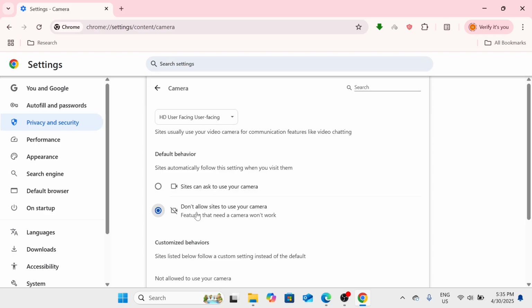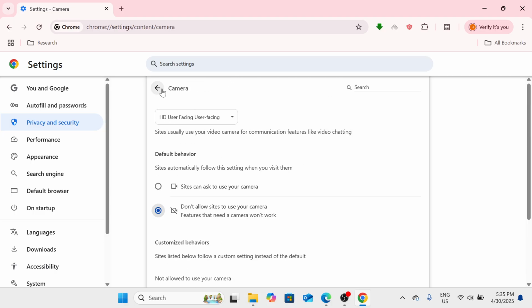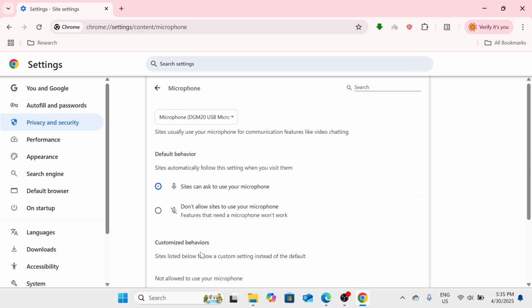So similarly, you can also block or unblock microphone access by scrolling down to the microphone. Let's just click on this back arrow key here, and then we need to click on this microphone, and this is to enable sites to access your microphone, and this is to disable or block sites to use your microphone. So it's just the same process to block or unblock the access of the site to use this